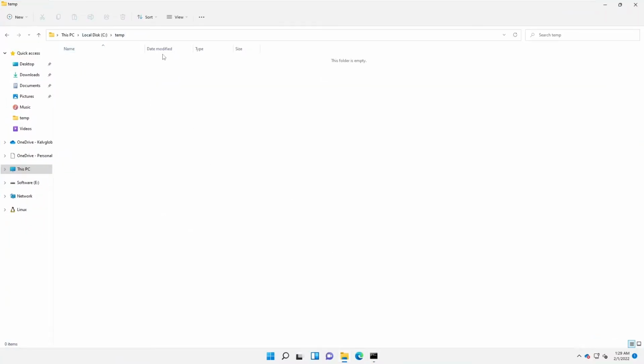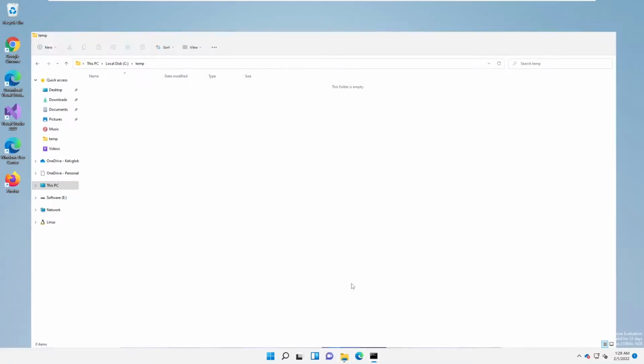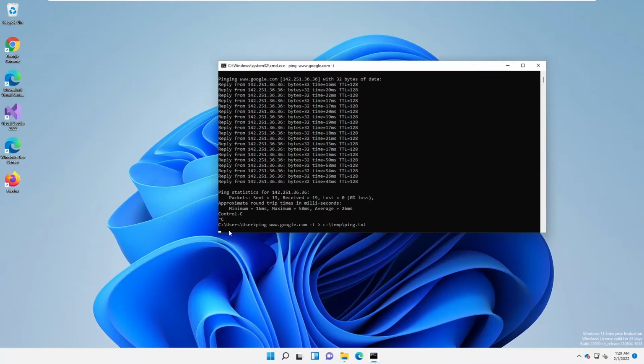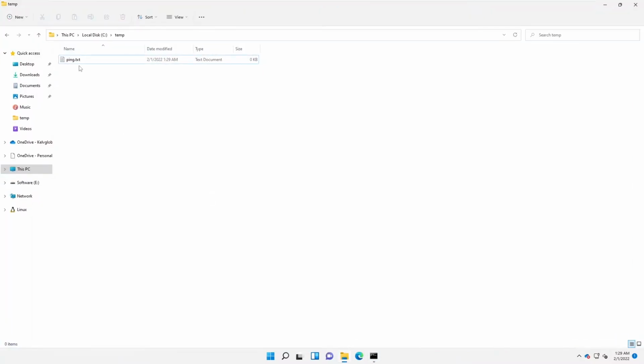At this moment, you can see this folder is empty. So what I'm going to do right now is hit enter. You can see at this moment I'm not seeing anything, but if I go back to this folder, you can see a ping file has just been created. At this moment it says 0 kilobytes, but if I do a refresh,